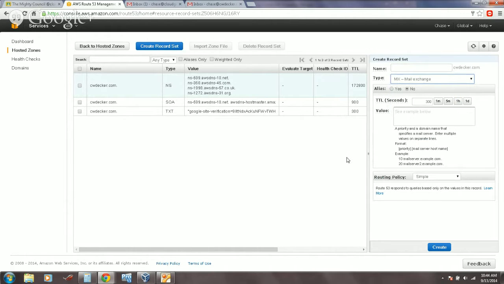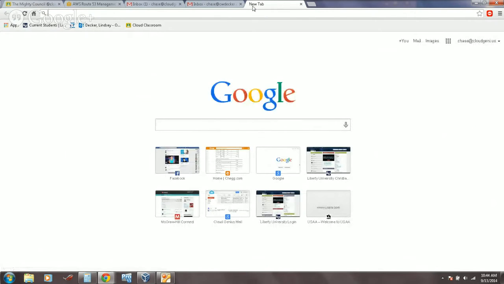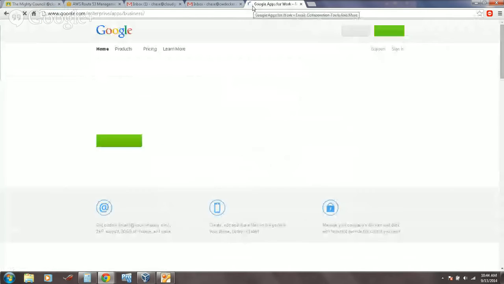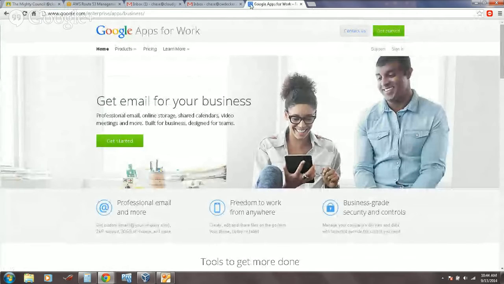Here you select the value box, and in that value box you will type in the values that Google will provide, and Google will provide you those values on their site, google.com/a. I would suggest that you go to the tab number 4 that is already open, as opposed to opening a new tab.